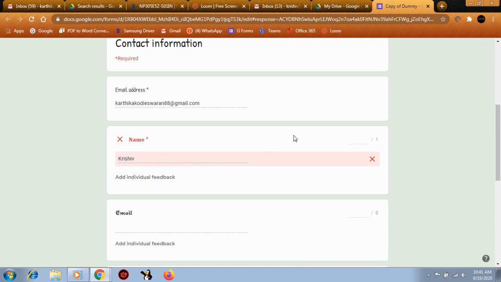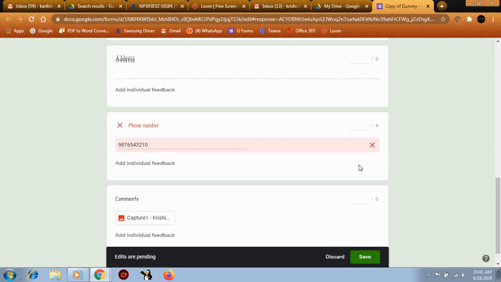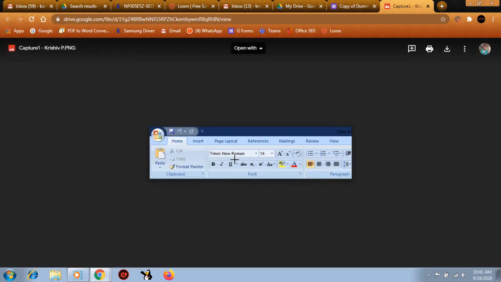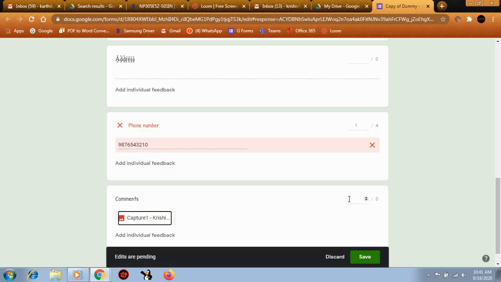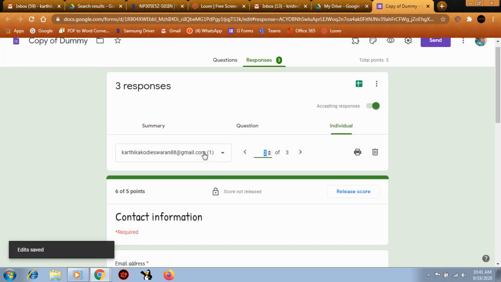This is the second one. I'm just entering the marks. As I said previously, you are going to enter marks only for the subjective questions. Again you can click here. I just attached the same file. You can just go through it, note down the marks, then come here and enter the marks. Then save. Now the third one,